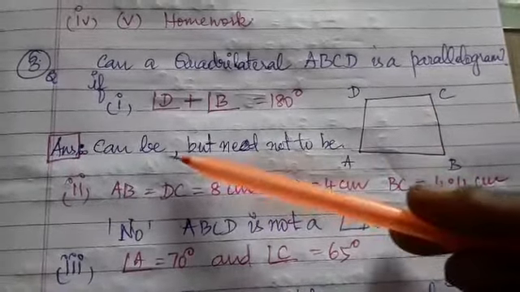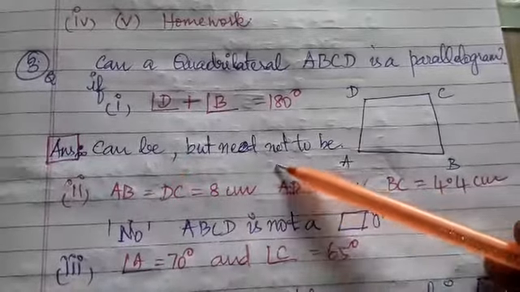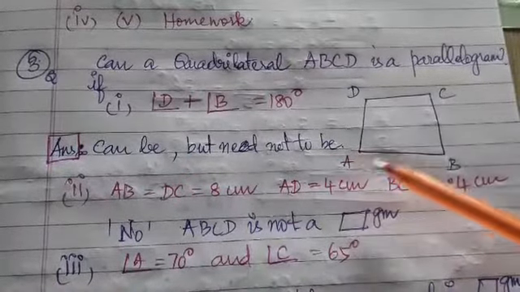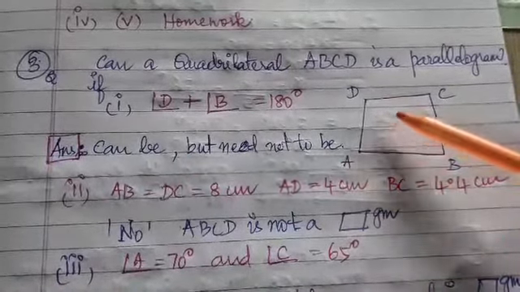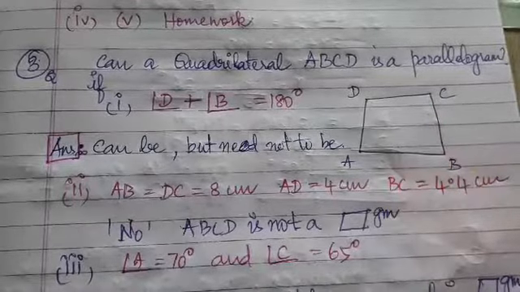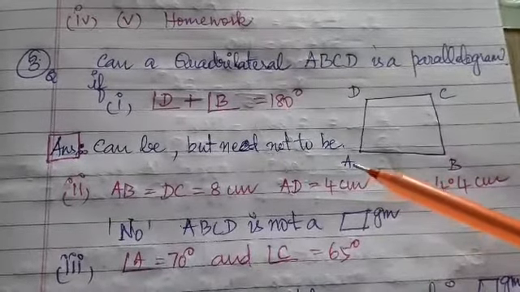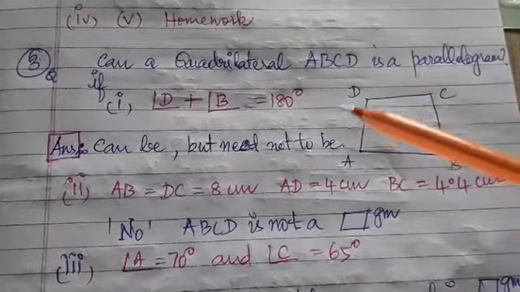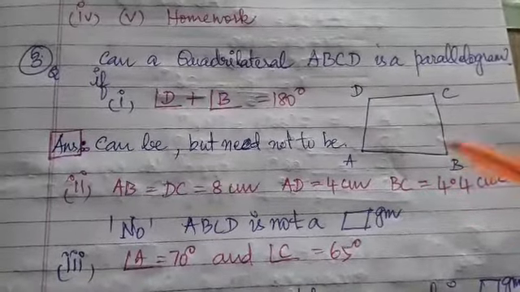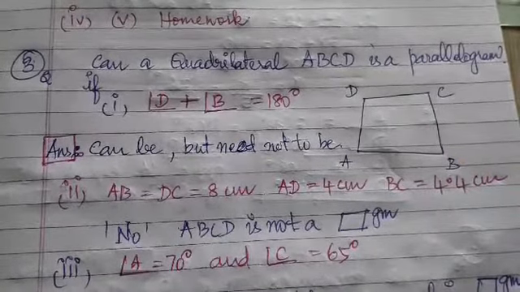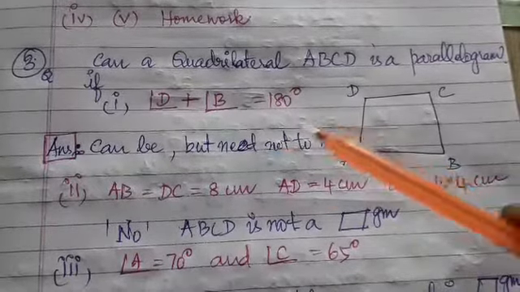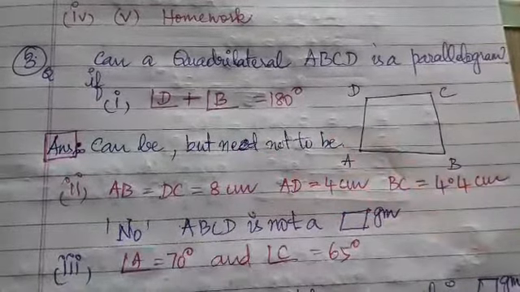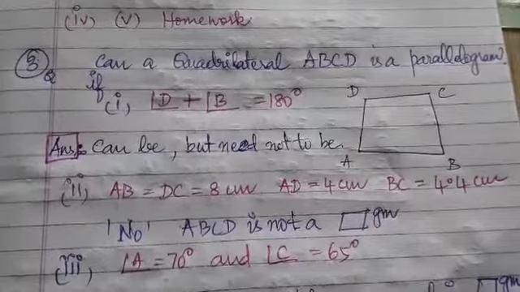So your answer will be: it can be but need not be a parallelogram, because suppose B and D are coming on the same side, the interior angle will be 180, so it is possible. But here, as per our figure ABCD, B and D are opposite angles. In a parallelogram, opposite angles are equal, so this is invalid. It can be but need not be a parallelogram. Okay. Second thing,